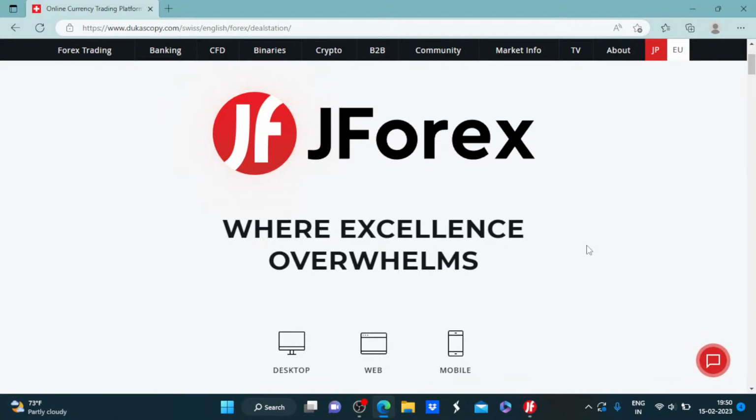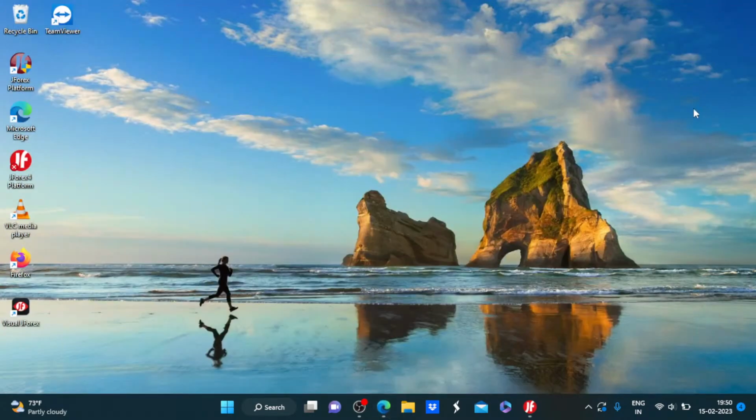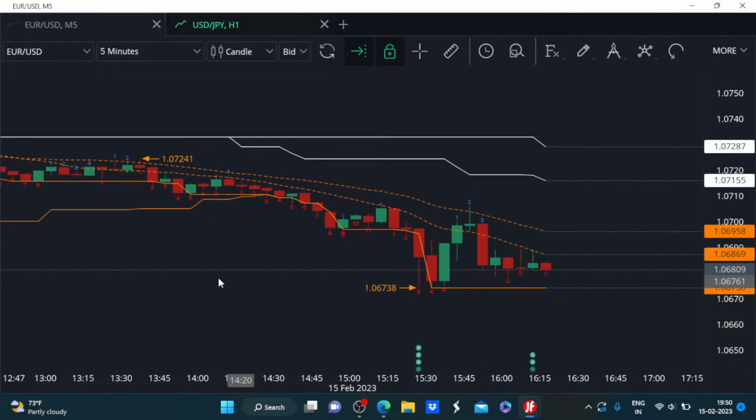In today's session of correlation and regression, we will be considering the price action, particularly after the release of US data, the retail sales numbers. Immediately after the release, we saw a sharp spike in the US dollar. It has strengthened against most of the major currency crosses. So in the backdrop of this, we will be looking for opportunities as the North American trading session is going to begin very soon.